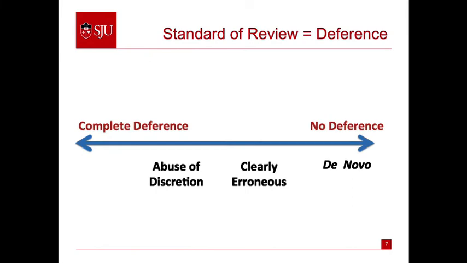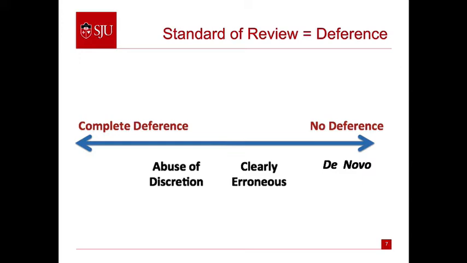So in the real world, how do appellate courts decide cases? Appellate proceedings are not new trials. So appellate courts don't take testimony, for instance. So no witnesses would testify at an appellate court. Instead, what an appellate court is doing is reviewing the record, meaning the documents filed in the trial court and considered by the trial judge, as well as the transcripts of any testimony taken in the trial court. And what the appellate court is doing is trying to determine whether the trial judge committed some sort of error.